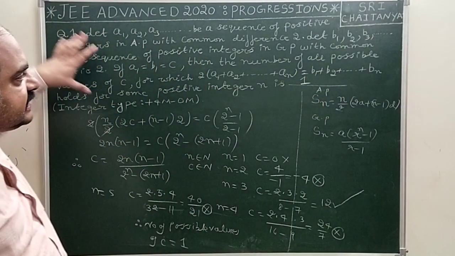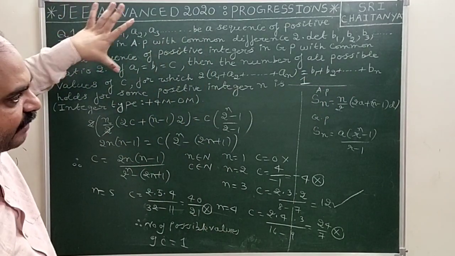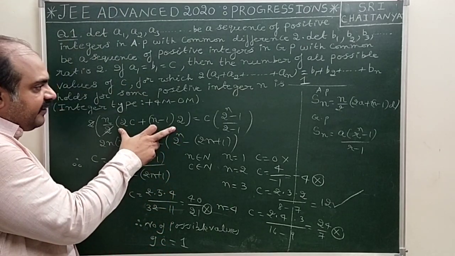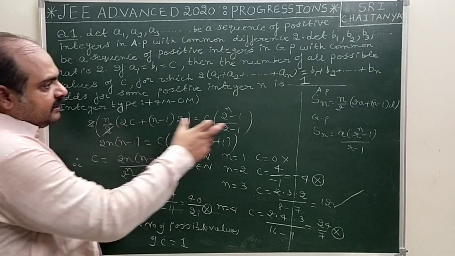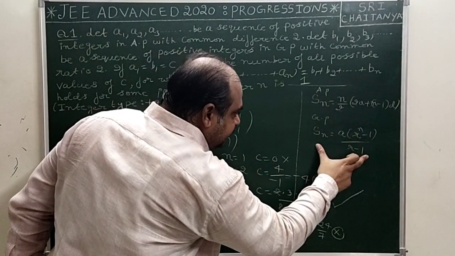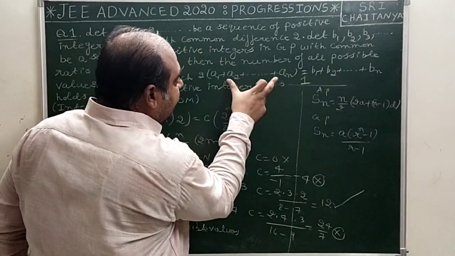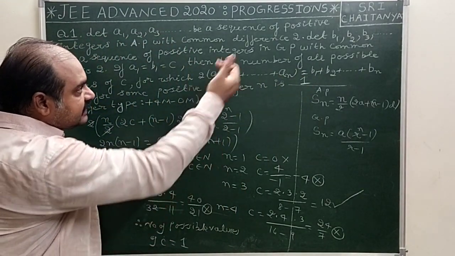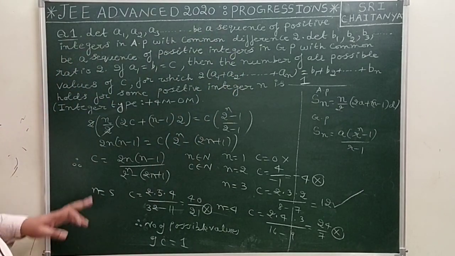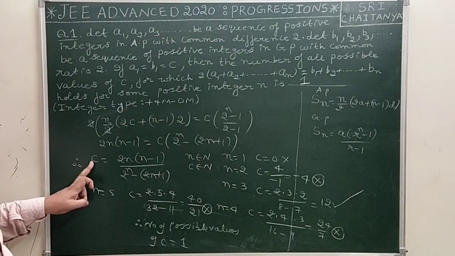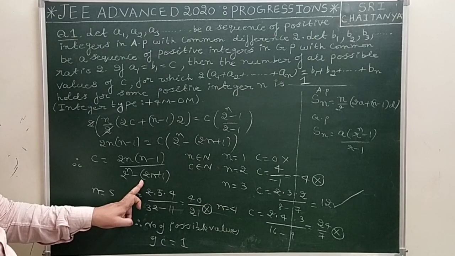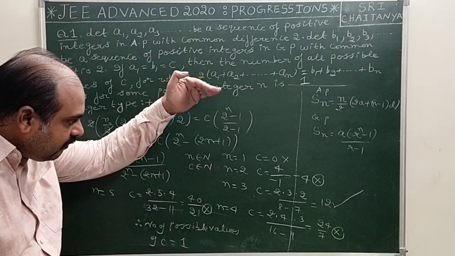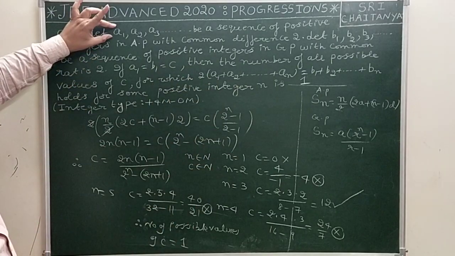Look, for asking this question, the examiner's mind is simply whether you know the formula for n terms of AP, n terms of GP, then you can apply this step directly. Everybody can be able to do this, right? After that, calculating the C value is the problem. So after that, you will calculate the C value here. The C value must be calculated, and then you have to identify that this statement holds.